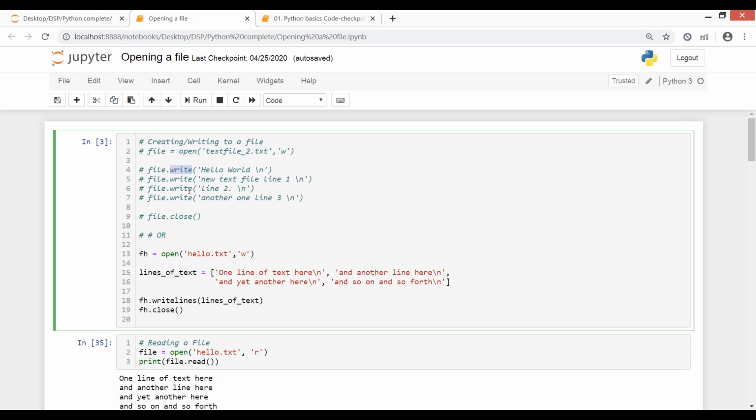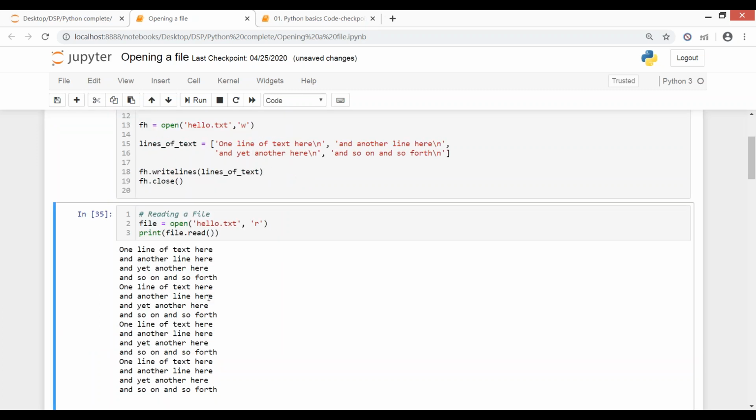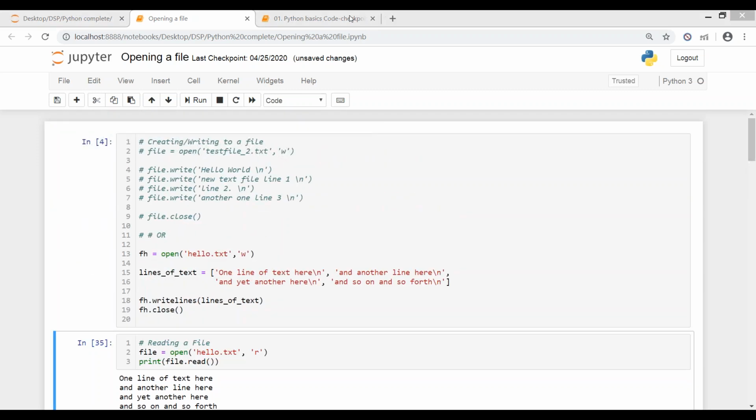Now I want to write multiple lines with one command, so we have writelines here. What you want to write is this list name, lines of text, so I've fed that into the round brackets. After the writing part is done, I have closed my file. When I run this, this hello.txt will be created on my system.